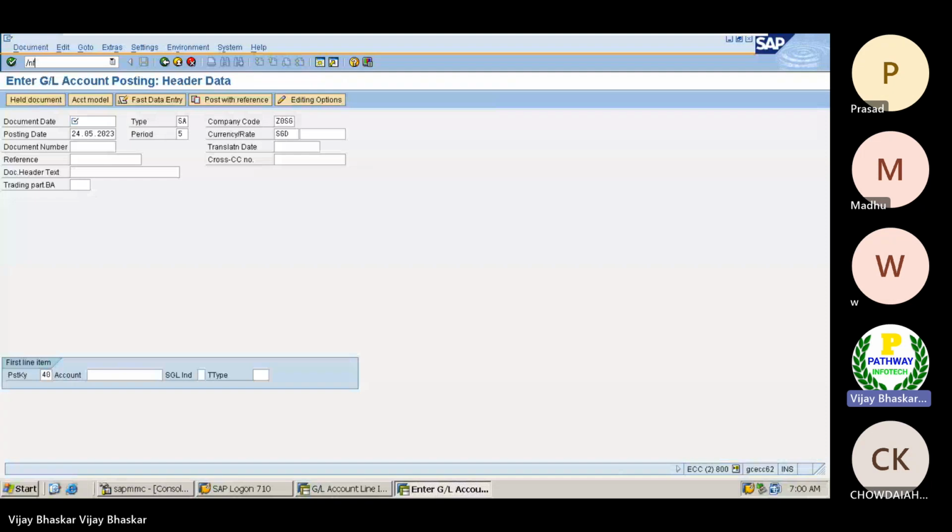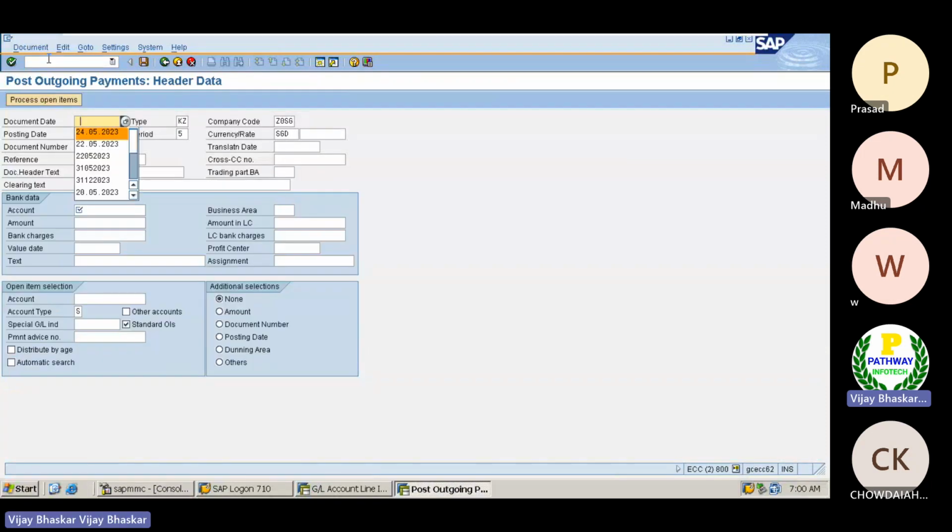Go to transaction code F-07. Give the date and the bank account, from which bank account we are making the payment. Let me enter the amount, 70,000 rupees.